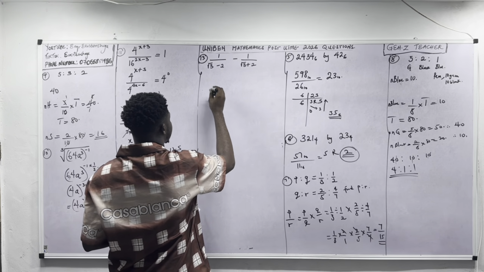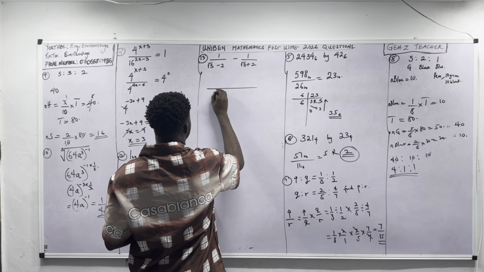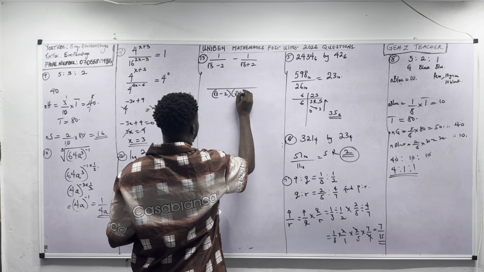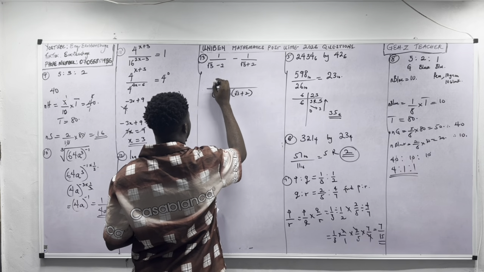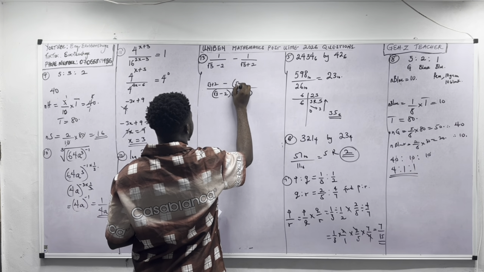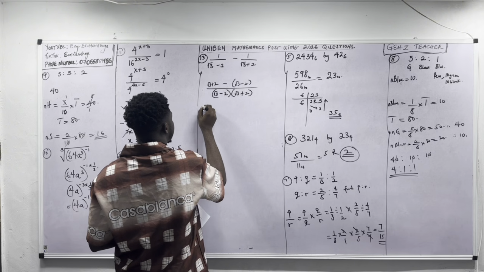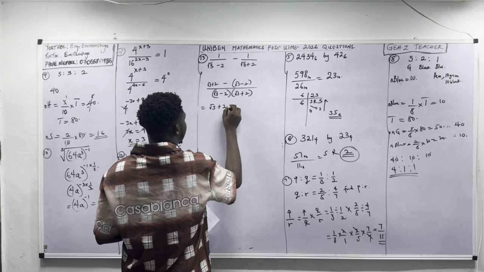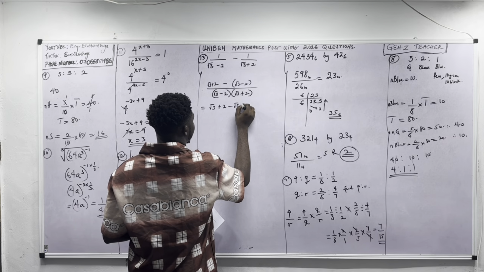Quickly, we're going to find the LCM, and the LCM is simply the multiple of both denominators. So we have root 3 minus 2 and root 3 plus 2. And over here, you're going to have root 3 plus 2 minus root 3 minus 2. We're going to simplify the top quickly. So you have root 3 plus 2 and minus times that gives you minus root 3 and then plus 2,